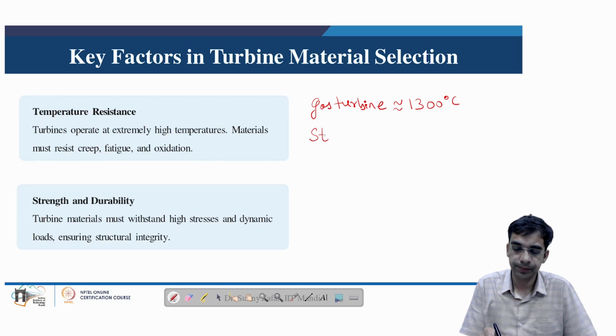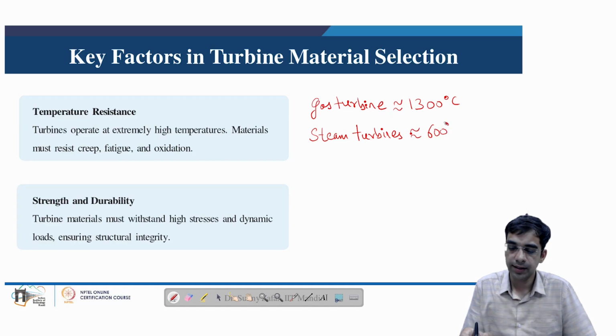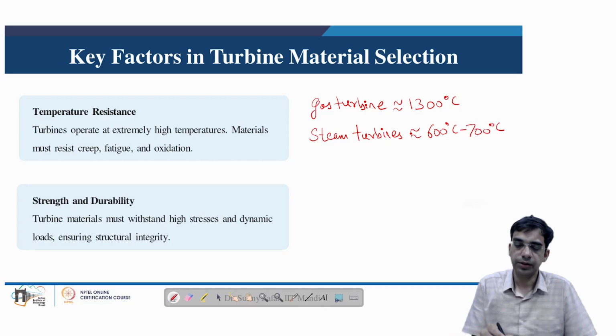Steam turbines are operating in a temperature range between 600 degrees centigrade to 700 degrees centigrade,